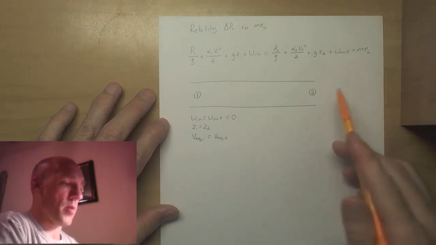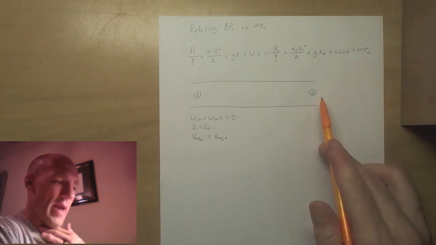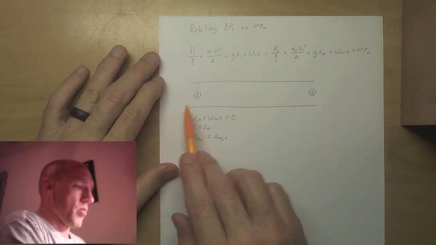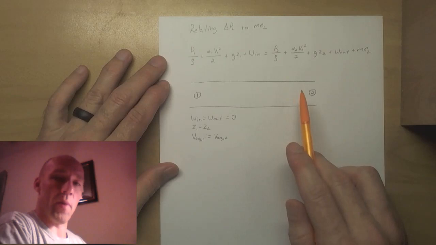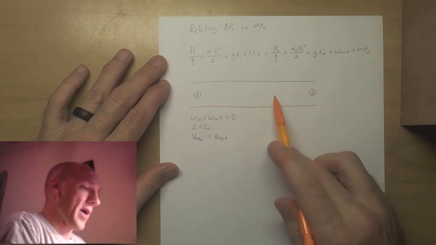Or I guess you could put it on the suction side. That tends to be a bad idea. But the bottom line is we have to overcome this mechanical energy that's lost due to friction in the pipe. So if we have a pipe,